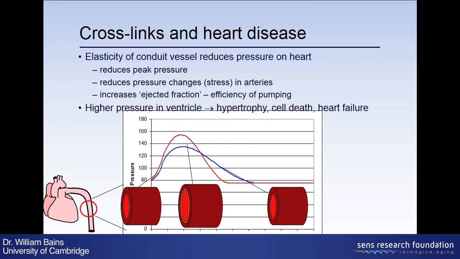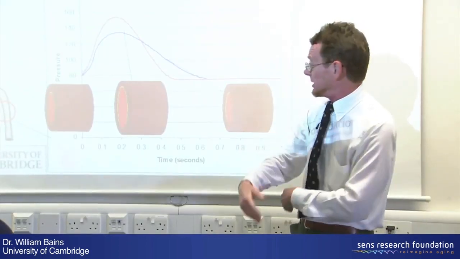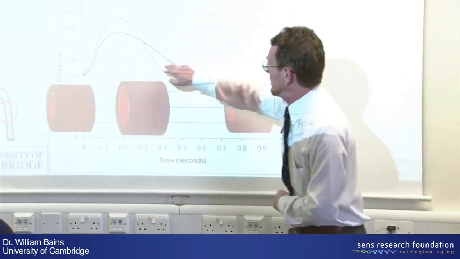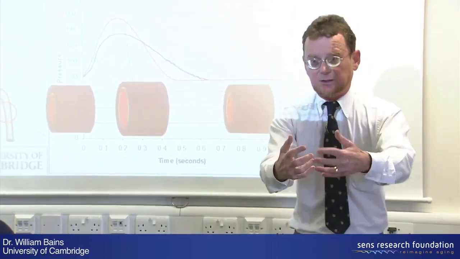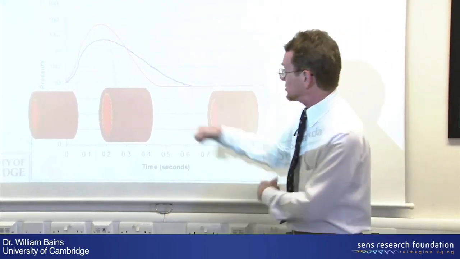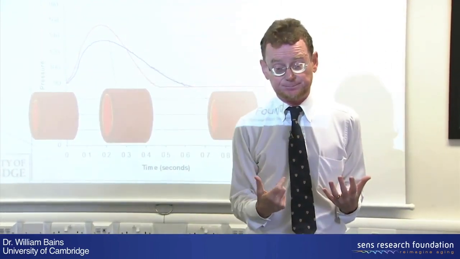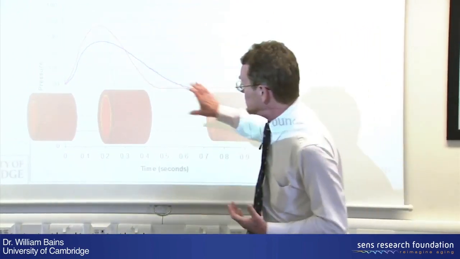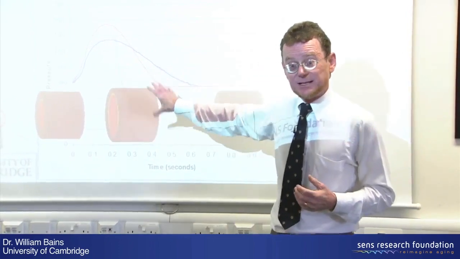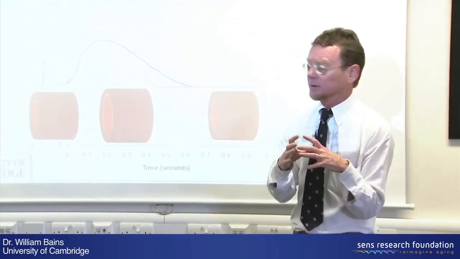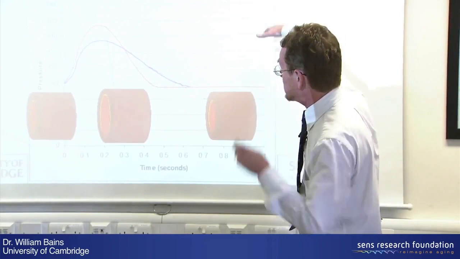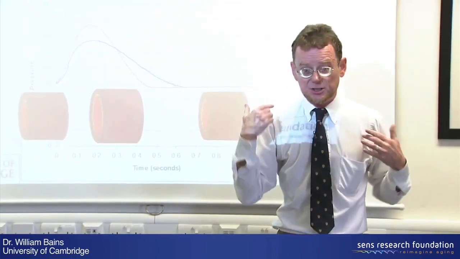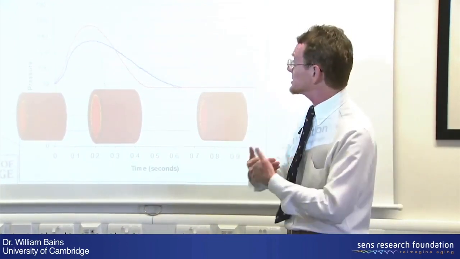Because the blood vessels respond to this contraction, this peak pressure here is reduced and the overall duration of this pulse of high pressure is stretched out. So the changes in pressure are not so extreme. And this is really important. If you reduce this elasticity, make these vessels stiffer so they can't expand, then you get increased pressure here. You get a reduced pulse, you get greater extremes of pressure. And this can cause damage.